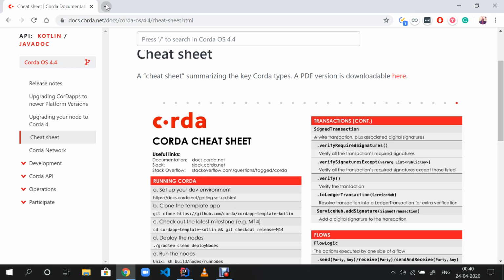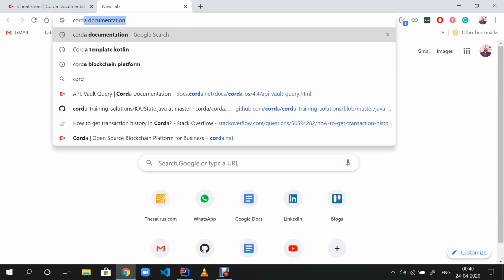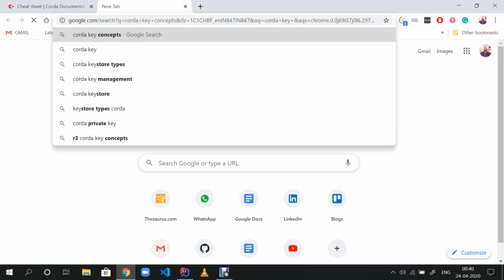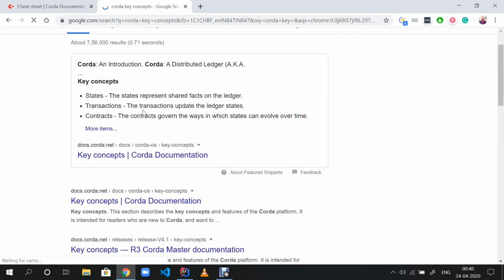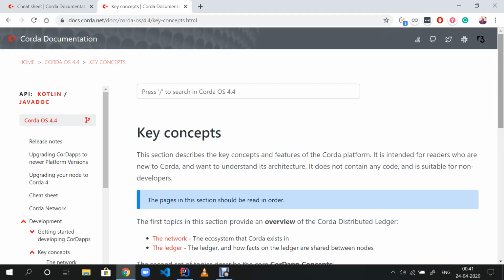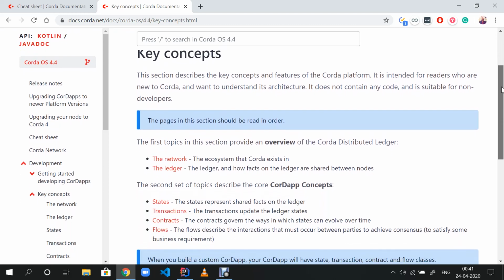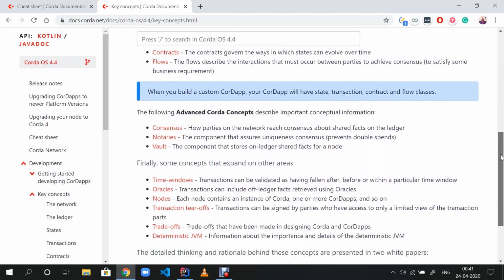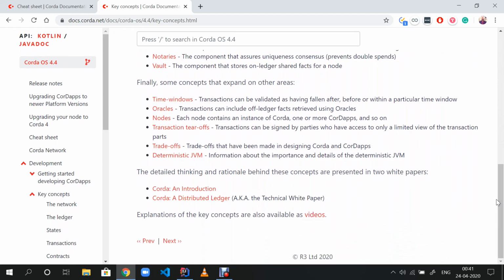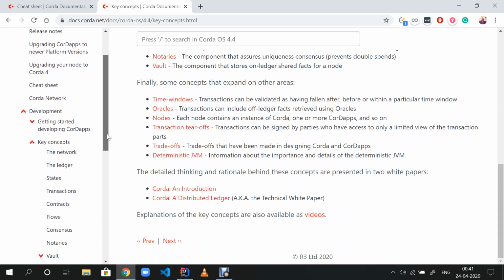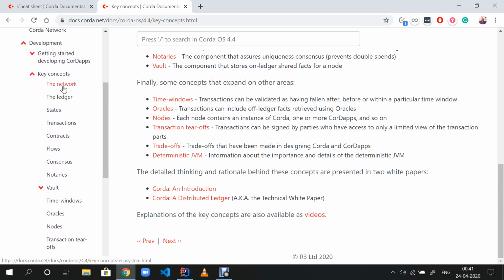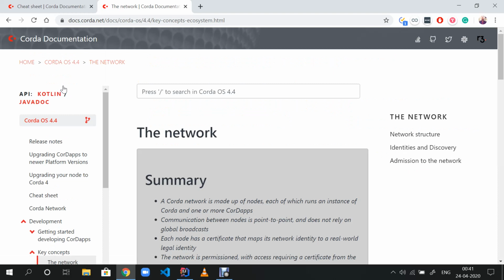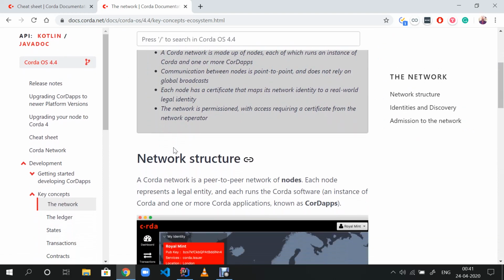And another thing is, you can search Corda key concepts. So this opens a tab in the documentation. So I will suggest you go through the key concepts. Everything is given here. Everything, literally, that you need to know before your initial development. And if you see on the left side here, you can click on the individual tabs and get detailed information on everything.